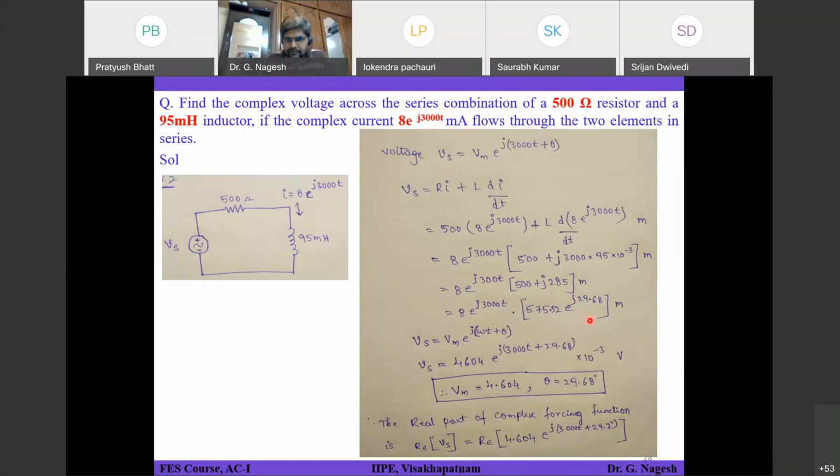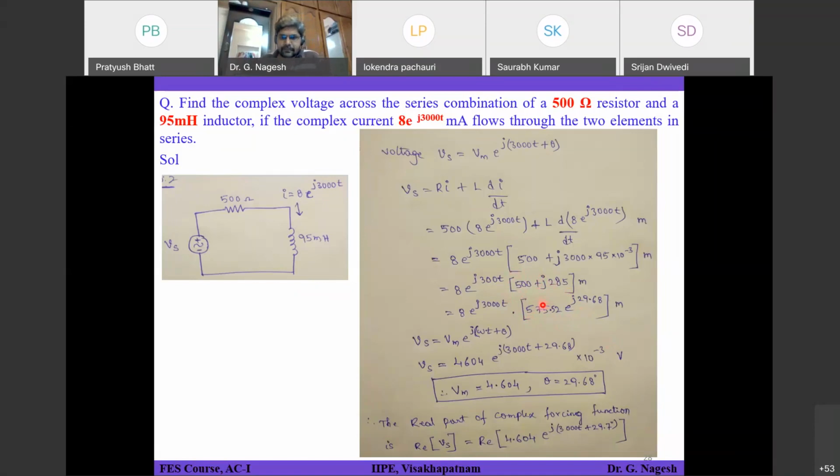If this is a step, let's say the fifth step is here. If you want to convert back to rectangular, as someone has told, cos of 29.68 plus j into sine of 29.68 whole bracket multiplied with 575.52. That will give you 500 plus j 285. You will come back to rectangular format. So you should be very familiar with this conversion process, and if you want, you can use your calculator. Check in the calculator how to convert rectangular to polar or polar to rectangular.